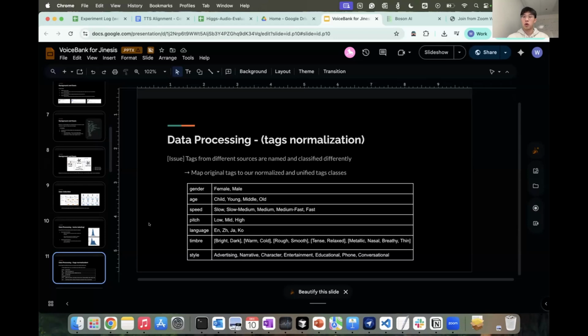So we just normalize all of the classes. Finally, in this table, we present all of the features we have for the data sets. And you can see for the timbre, just like I mentioned, we have the text in pairs, so warm and cold, rough and smooth, something like that.